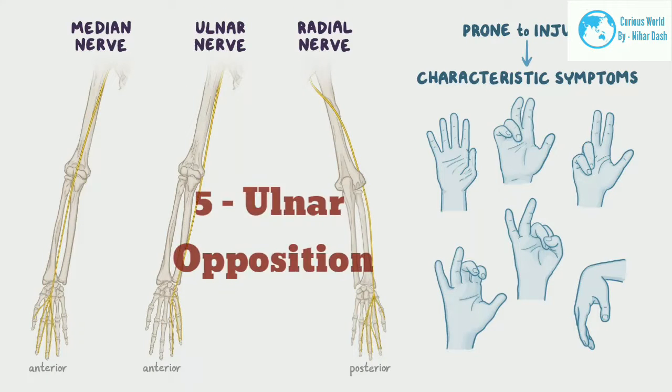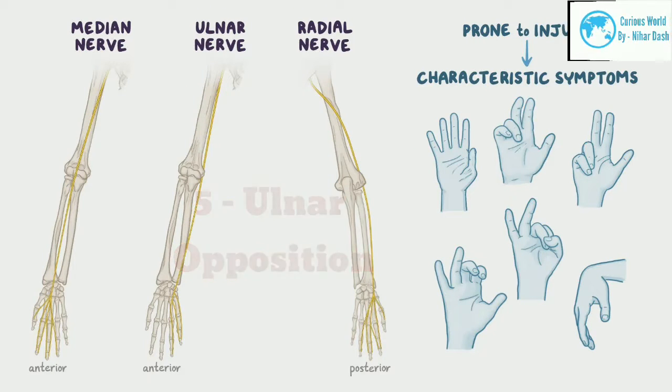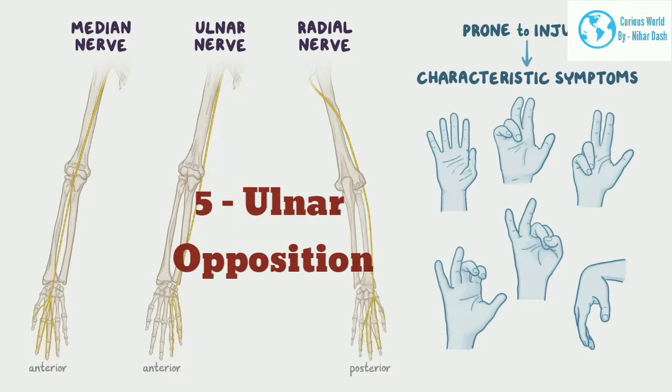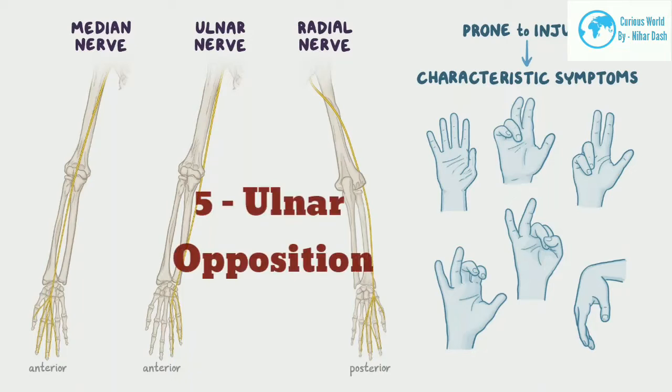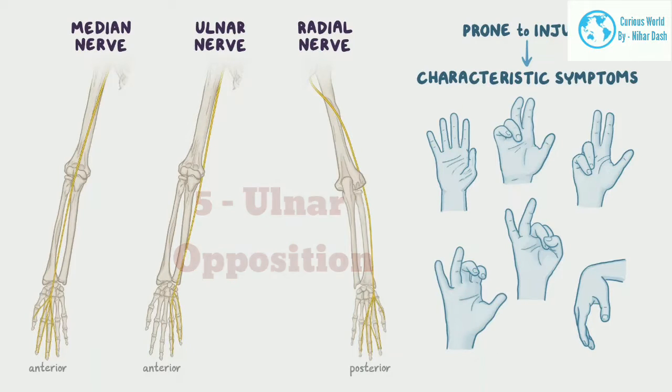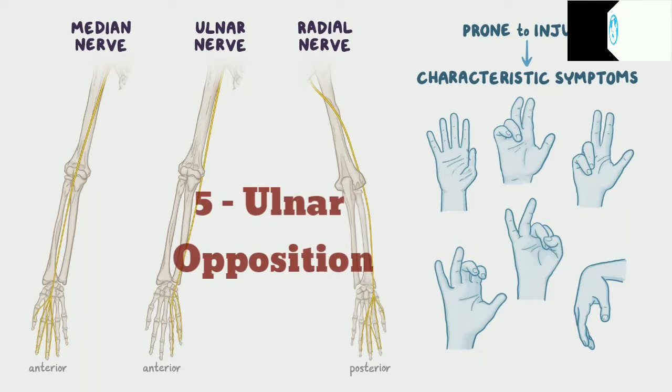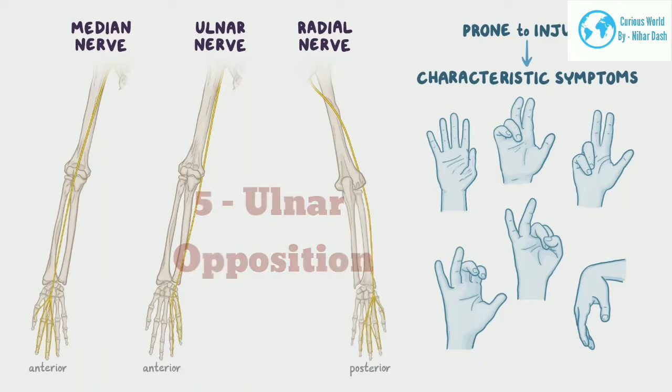5. Ulnar opposition. The ulnar opposition, the contact between the thumb and the tip of the little finger of the same hand, is unique to the genus Homo, including Neanderthals, the Sima de los Huesos hominins and anatomically modern humans. In other primates, the thumb is short and unable to touch the little finger. The ulnar opposition facilitates the precision grip and power grip of the human hand, underlying all the skilled manipulations.